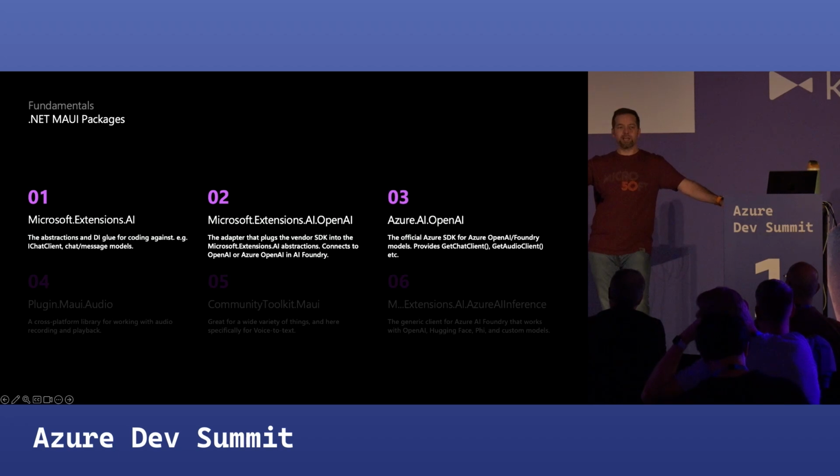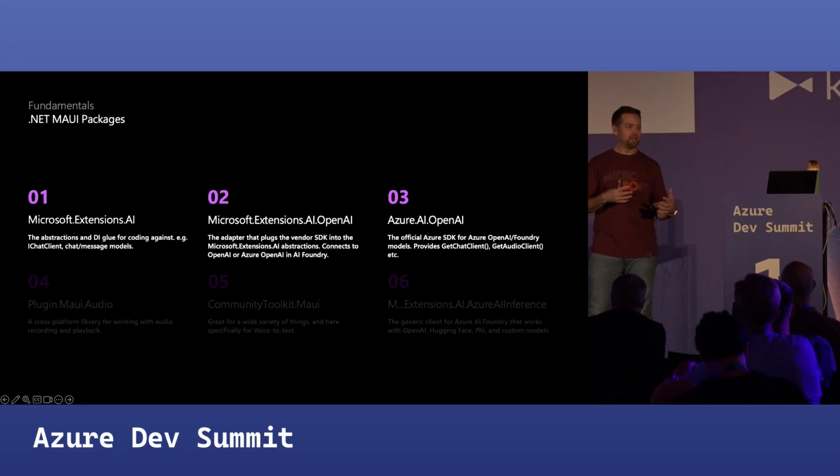So you could use Azure AI OpenAI directly and go straight to OpenAI, for example, and do all the things they support. But with this pattern, using Microsoft Extensions AI, you get that plug and play. You can easily have within your application an OpenAI model for this particular feature, and an Azure model or a Hugging Face model or an on-device model that's very specific to some financial domain, that you trained yourself. And you can use that all with the Microsoft Extensions AI IChatClient patterns. So it's a huge benefit.